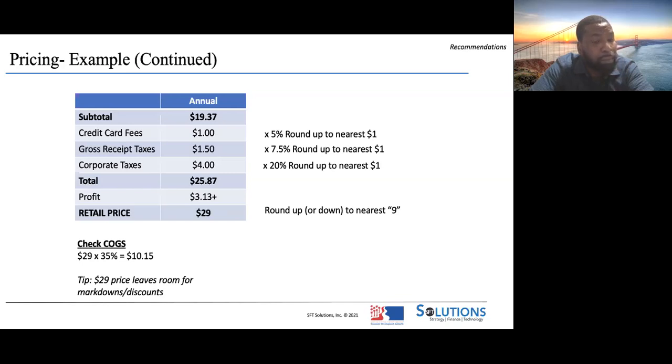Sorry, I was on mute. Primarily t-shirts. Okay, so if you're selling a t-shirt, let's make the numbers easy, for $100, it can be no more than $35 that you spent buying that t-shirt from the manufacturer. So you can figure out the price just by working backwards. But in this example, if you're going to sell a t-shirt for $29, you can't spend any more than $10.15 on a t-shirt. Fair enough? Got you. Thank you.